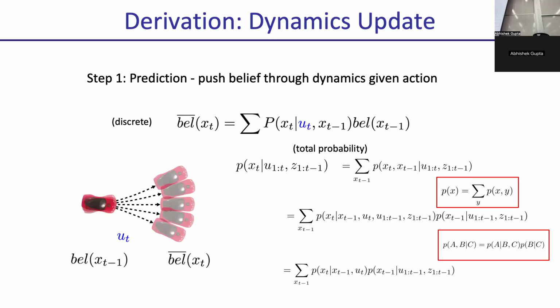Is the second term in the product at the bottom, the probability of x t minus one given all the previous actions and measurements, something we would keep as a running quantity if we were implementing this? Exactly, it's a running estimate. Your belief is your running estimate, and you keep updating it. The measurement rule and the dynamics rule have the same form at every time step, but the values change.